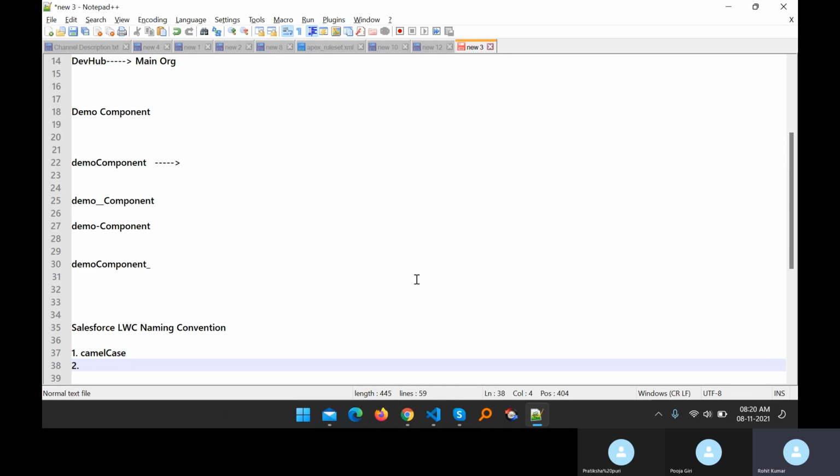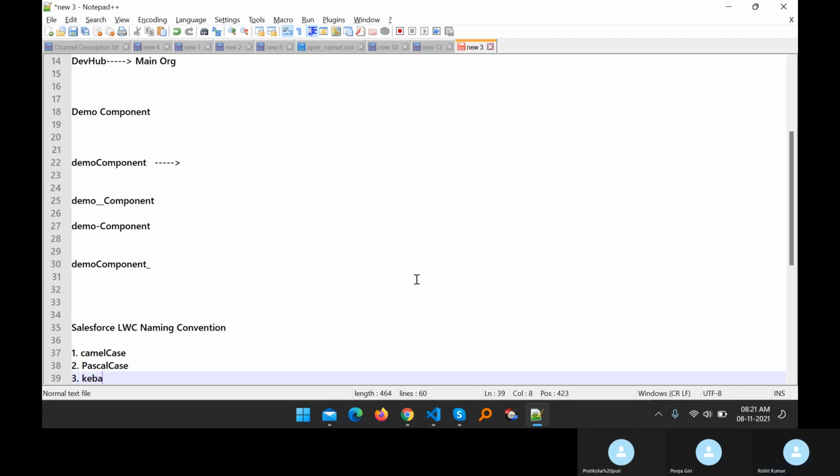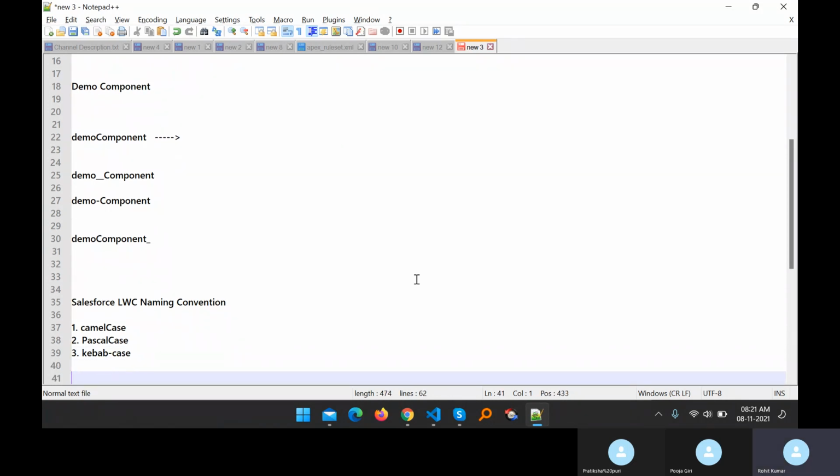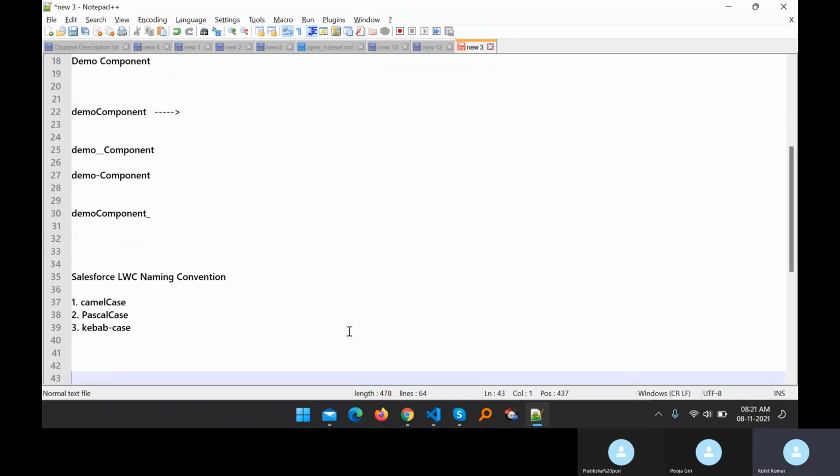Second one is Pascal case, a programming standard for creating any LWC component. And then kebab case. These three naming conventions are mostly used on the World Wide Web right now: camel case, Pascal case, and kebab case.